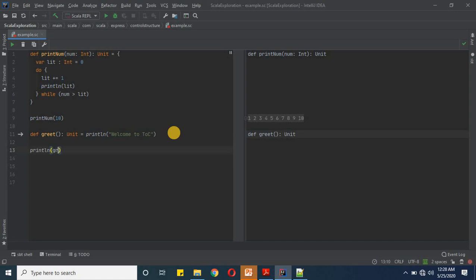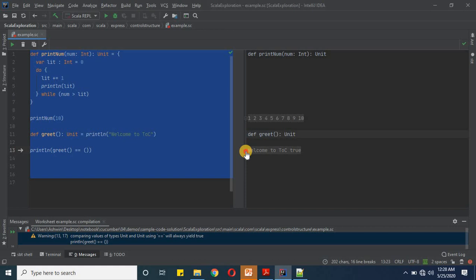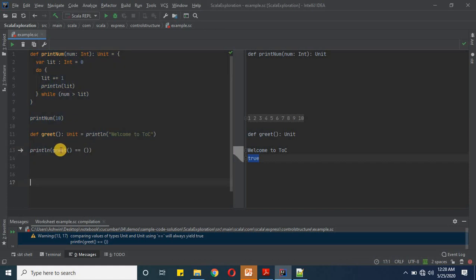So here I'm writing greet, which is returning the unit type, and then for this unit type equality check I will use the empty braces and it should give us true, as I have explained earlier. So here, if you see, it is giving us exactly the same true. That means in Scala the return type unit has some significance, and we can in fact check it in an equality check as well with these empty braces.